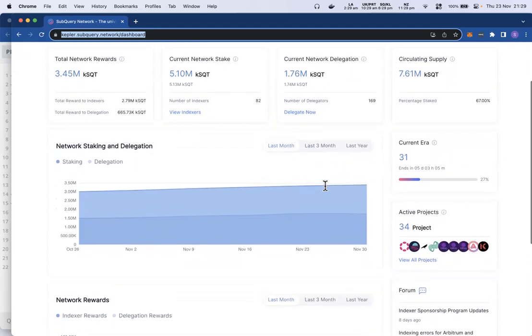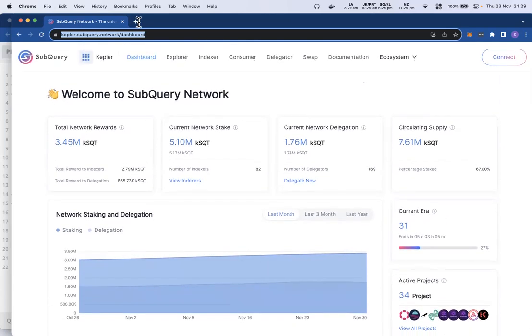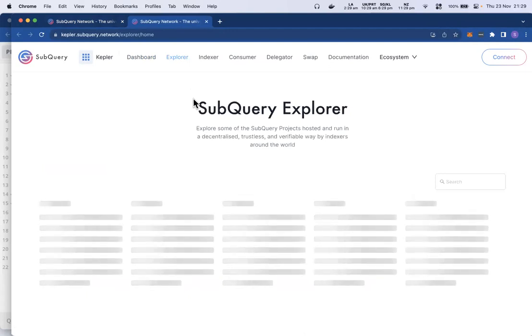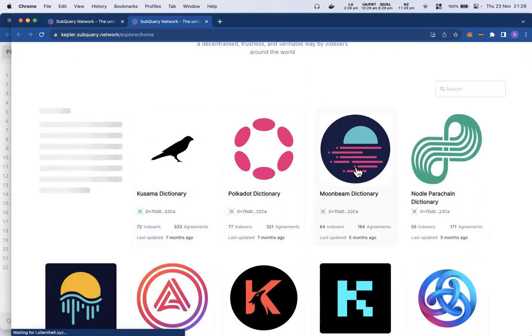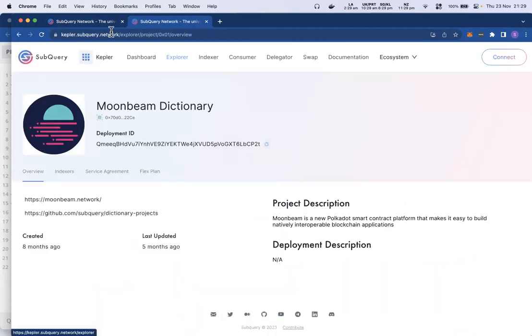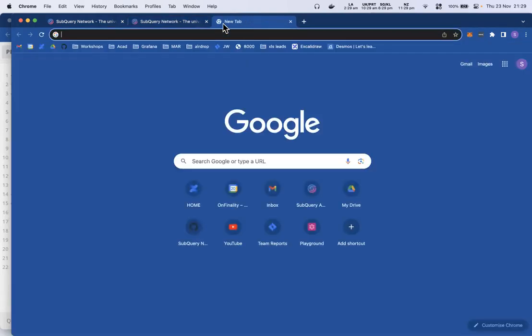So does it just look like a GraphQL call, or what does it look like? Yes, exactly, it's a GraphQL API call. Let me go to an example here.